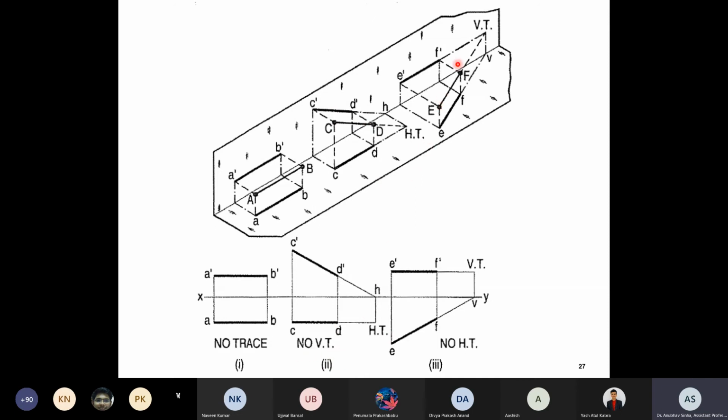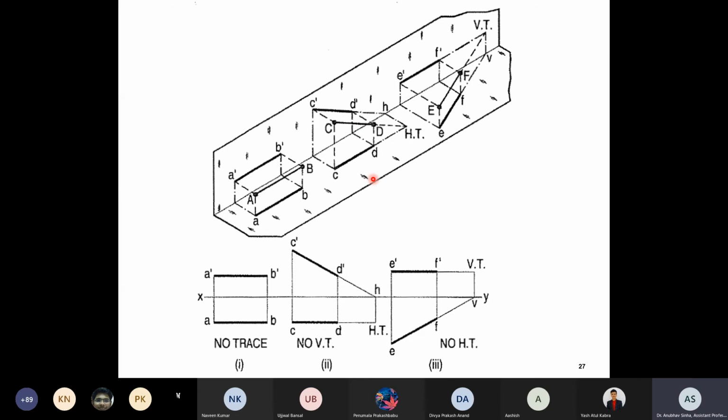Similarly, if this line EF is hitting the vertical plane at this point, it will have a vertical trace but no horizontal trace because it is parallel to the horizontal plane. Similarly, if a line is intersecting both horizontal and vertical planes, it will have both